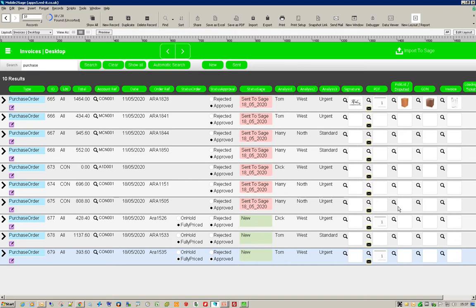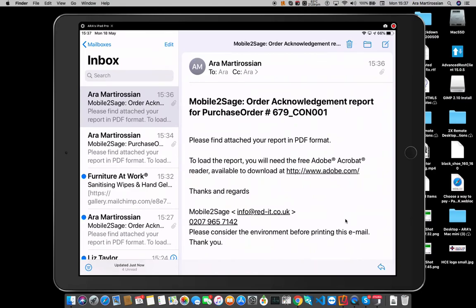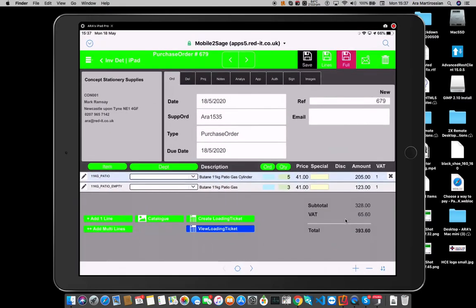Now this bit here is where we would store documents and photos and things like that. So what I can do is do that from my iPad, or I can just insert a document in here. So let's go back to the iPad, and what I'll do is I will then open up the iPad, go